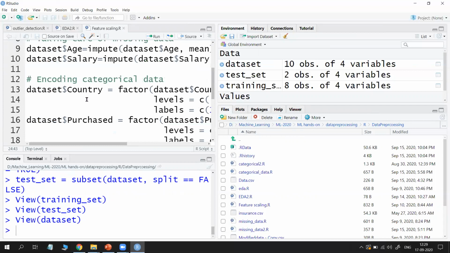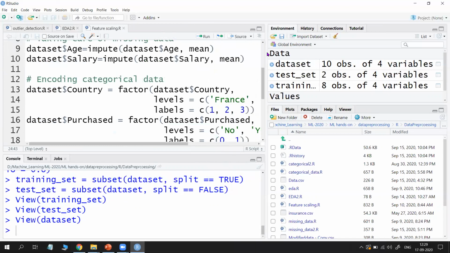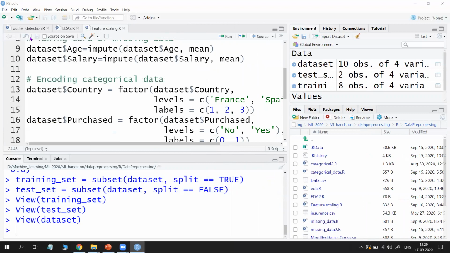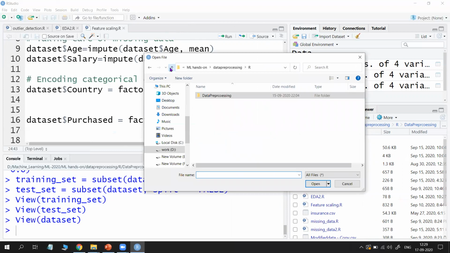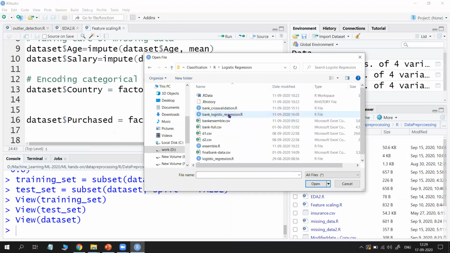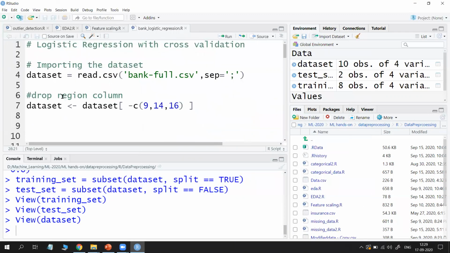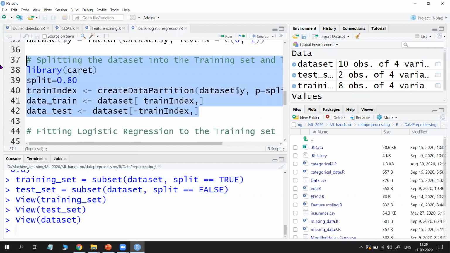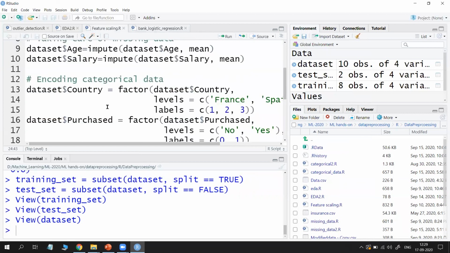Okay. So we can also use another method. What is that method? By using createDataPartition. I will try to show how to divide using that package. I am using the same example.